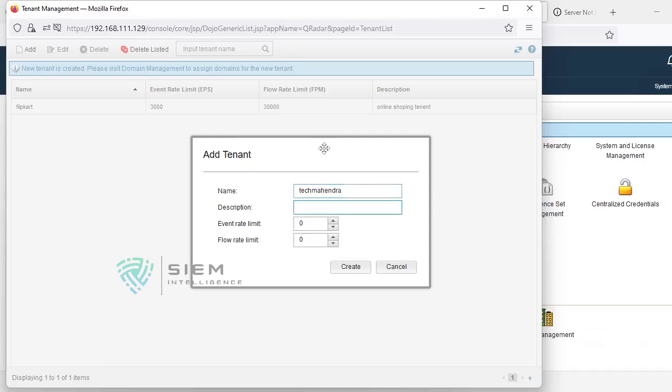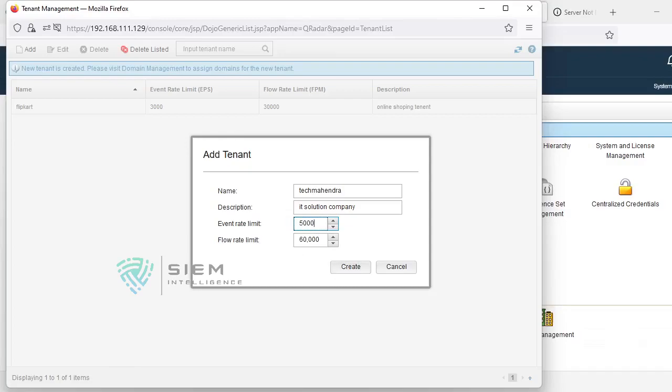It is an IT solution company. They have also had an agreement with you. So here it is something like 5,000 and 50,000. It is not mandatory that it should be in a 10% ratio. You can say it is 60,000, that is up to you. They may send only flows, so you need not set an event limit. You can say 0 event limit and add only flows. That is possible. So I am giving 5,000 and 60,000.